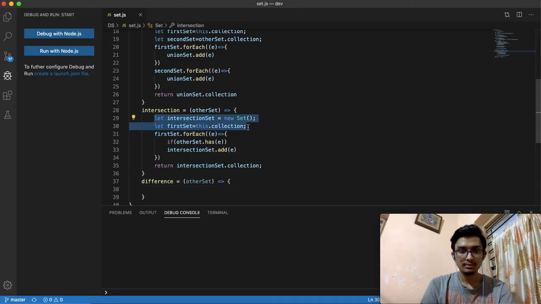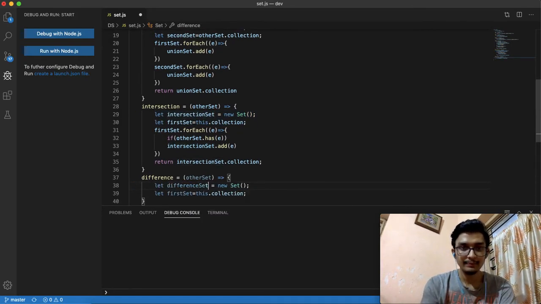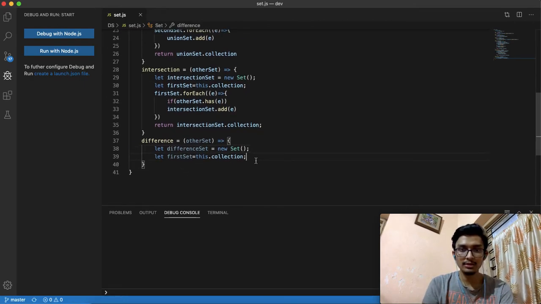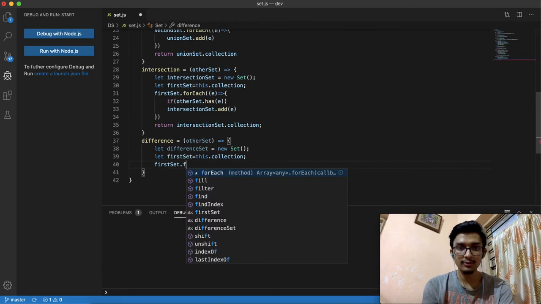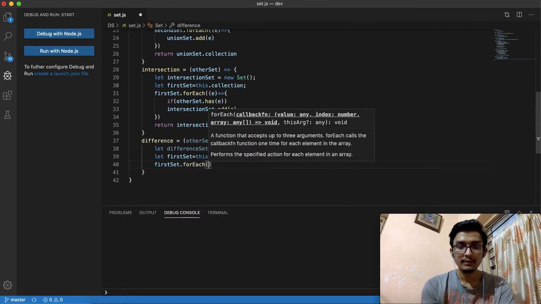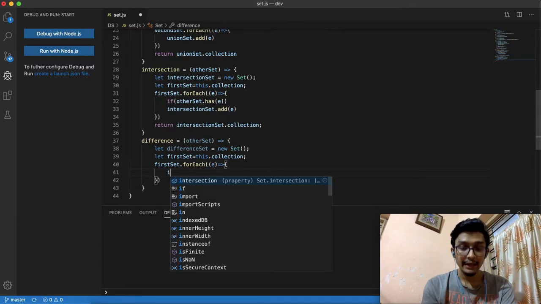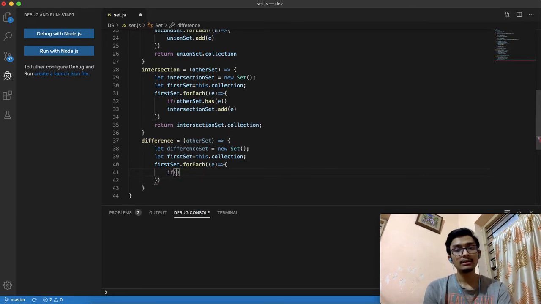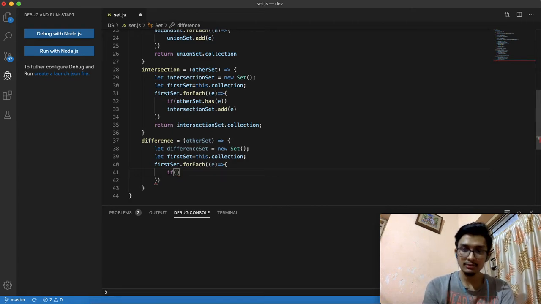So again I will copy this. This will be my difference set. Now what will I do? firstSet.forEach, e. If the element is not present in the other set, then only it will be a part of my difference set. Okay.